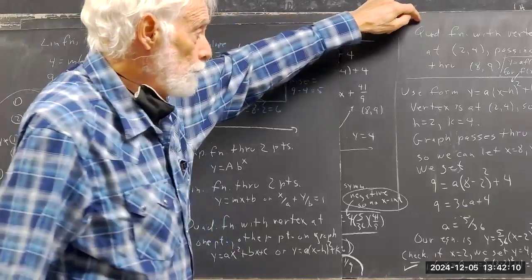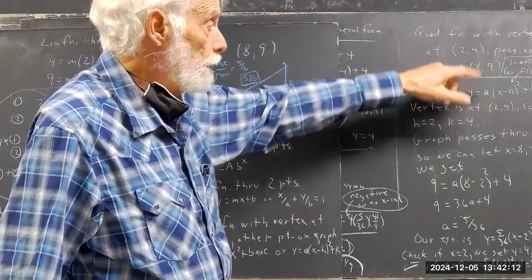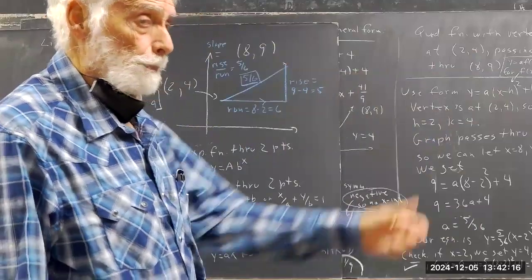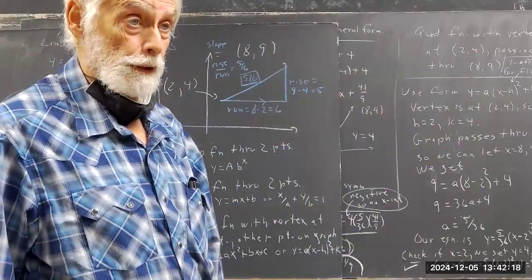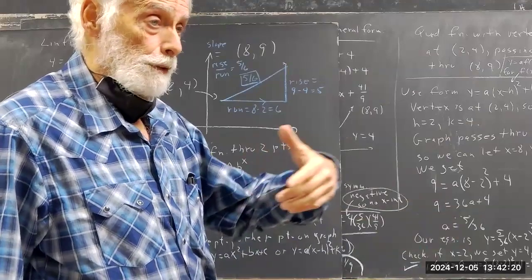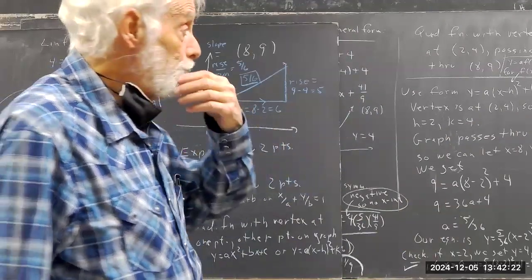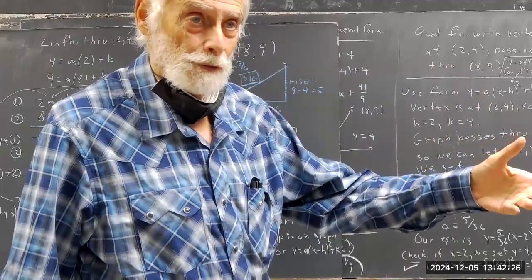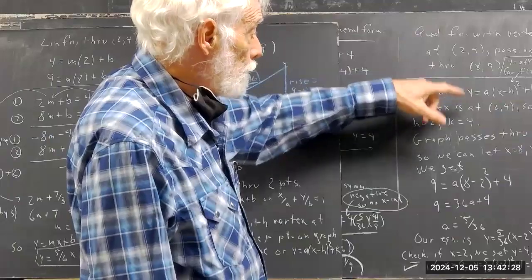we get the quadratic function with the vertex at (2, 4), passing through (8, 9). Now I asked people to vote if they wanted to use the point on the left or the point on the right for the vertex. Everybody chose the point on the left. Then we went ahead and did the point on the right too. But choosing the point on the left,